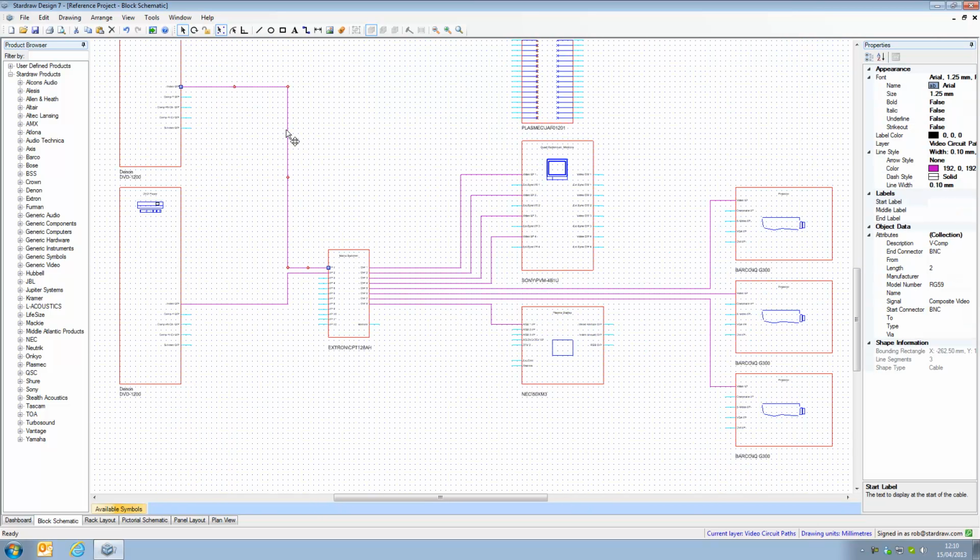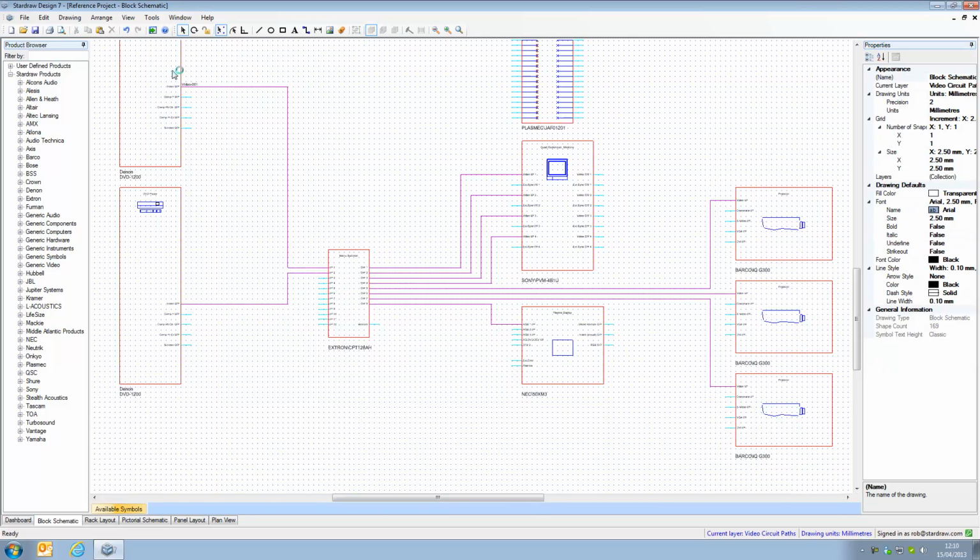and if we click on any of these cables, we can see that we've already set up certain attributes for the cables, like the start connector, the end connector, the description, the model number, and so forth and so on. But we haven't set the label values. Now I can do this in several ways. One would be to simply type in the label that I want. So let's type in video 001, hit enter, and as you can see at the start point of that cable,